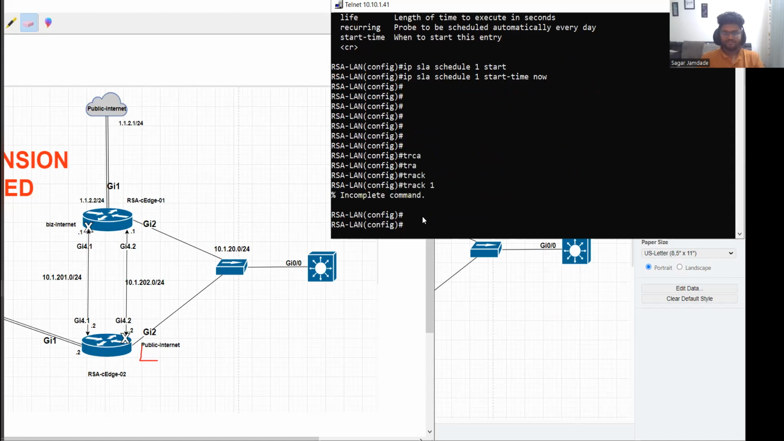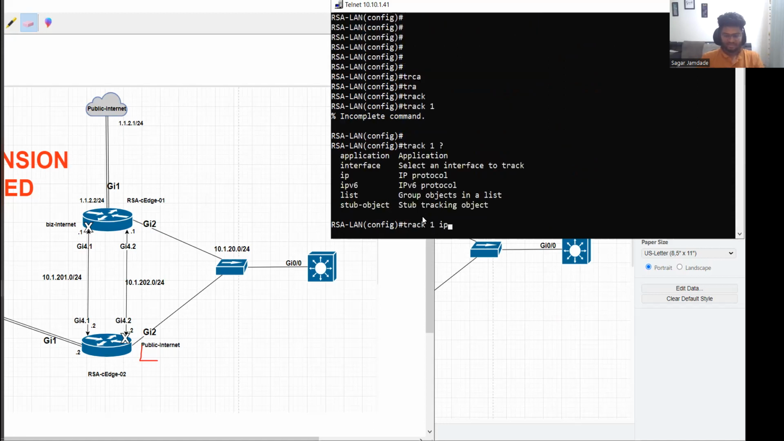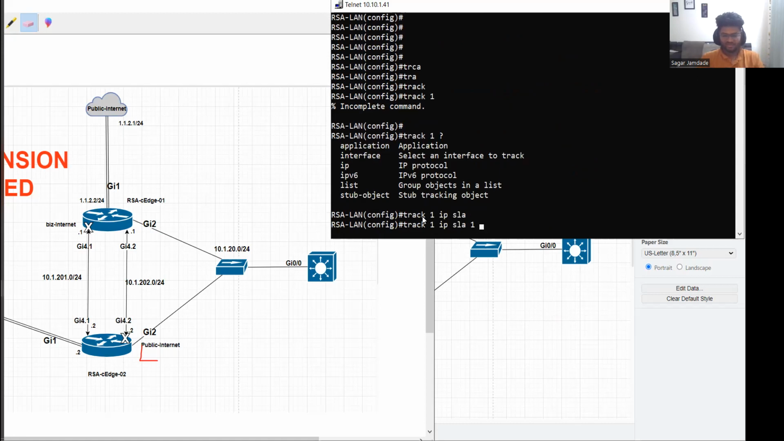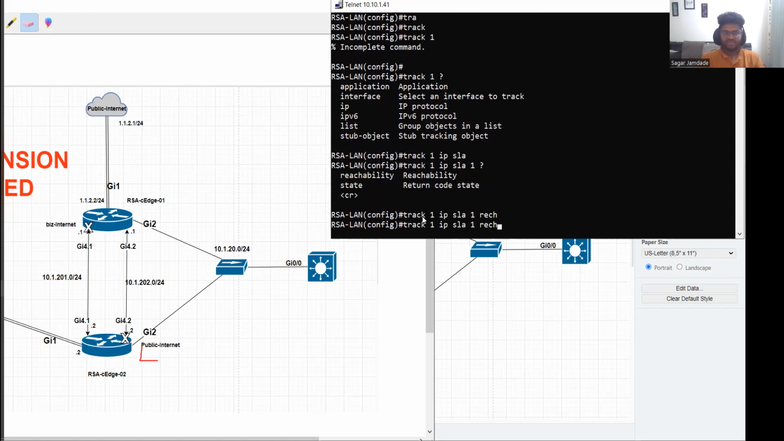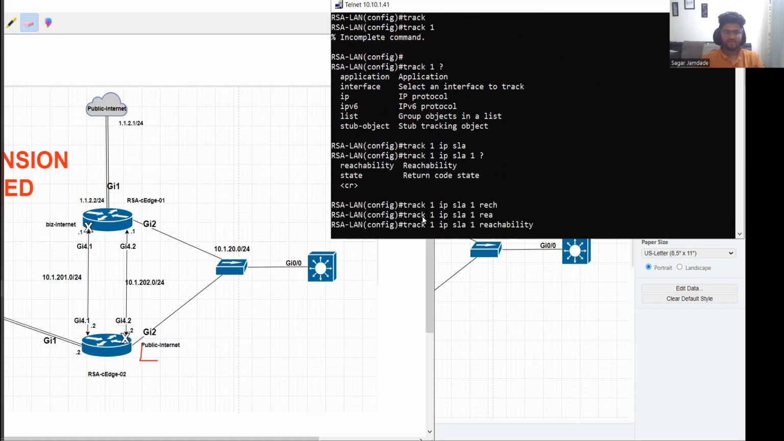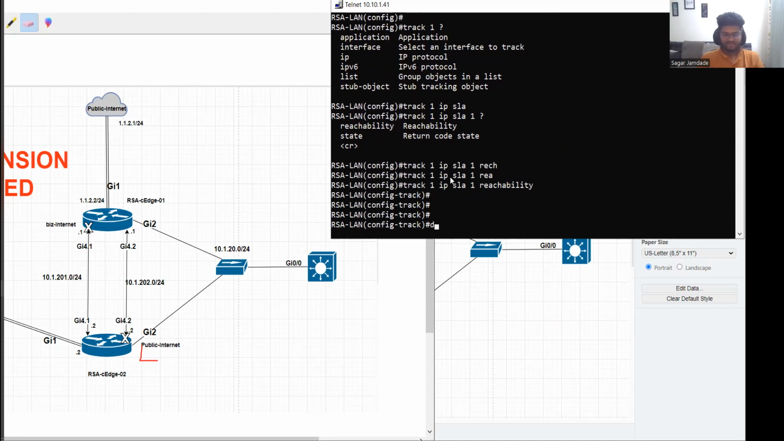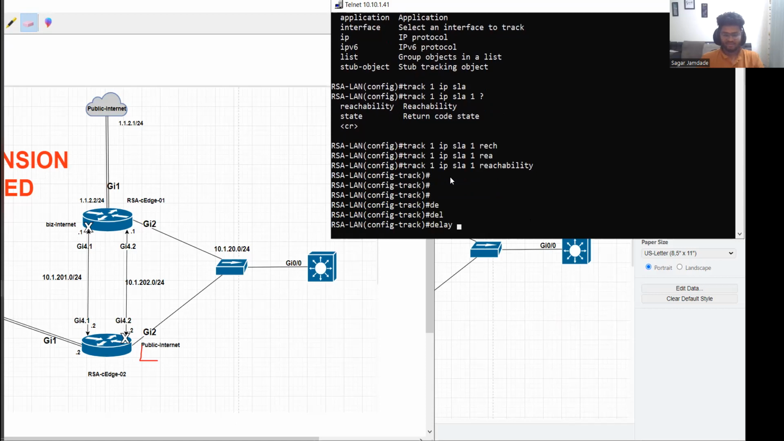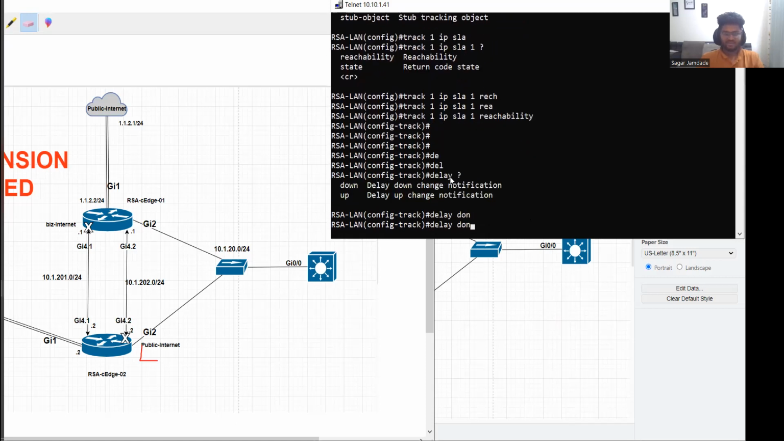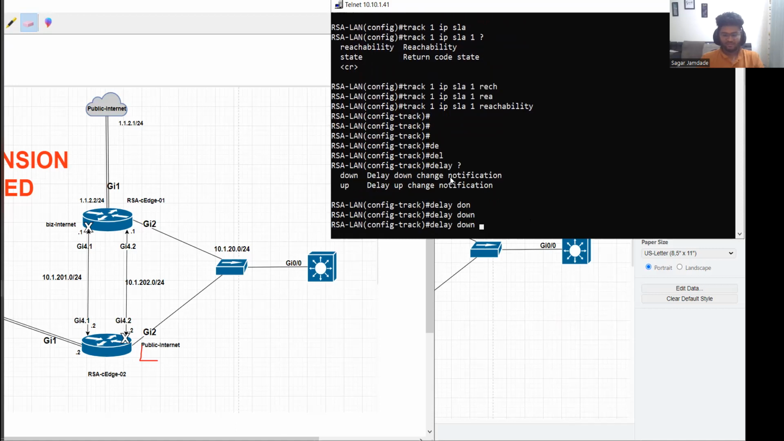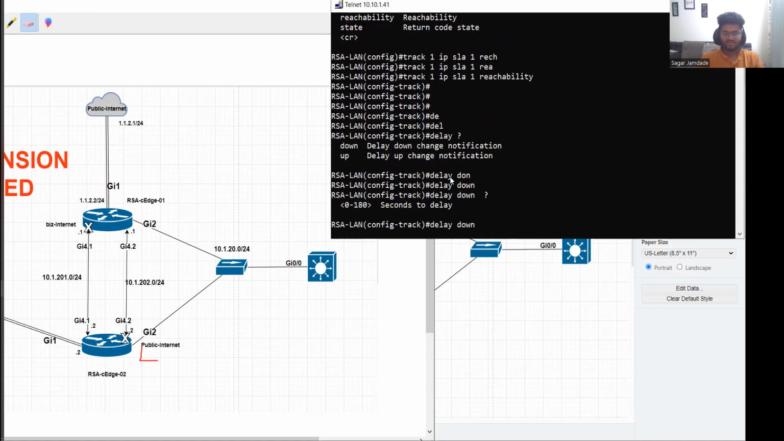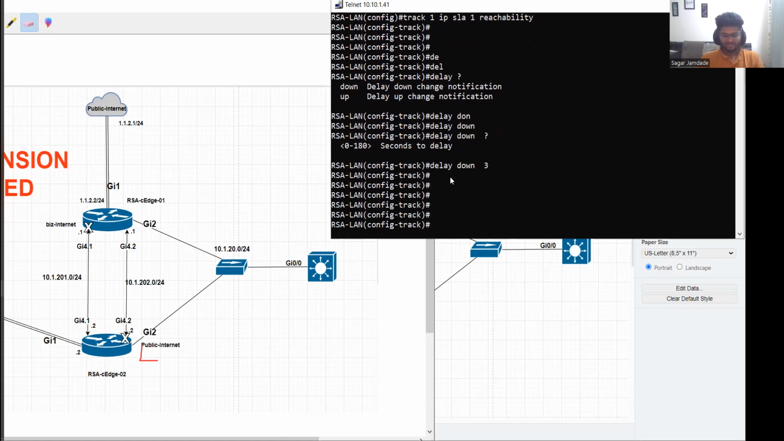Track 1, IP SLA 1, reachability, because we are going to continuously check the reachability of this IP address 1.1.2.1, and delay. If it is down, I want the failover to happen in 3 seconds. Okay,